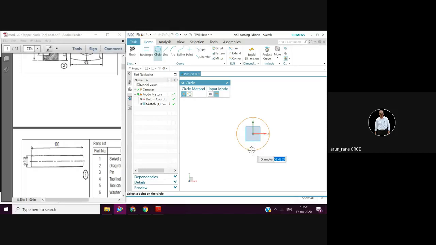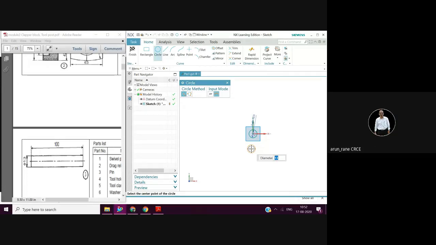How much should I write here, Renan, in diameter? 13. 13. So I will type with the help of the keyboard: 13. All right, and I'll say enter. Can you see that the circle of 13 has come? Yes.